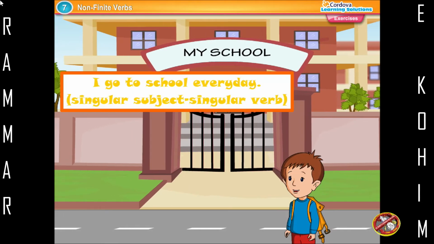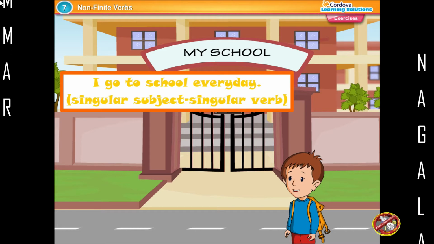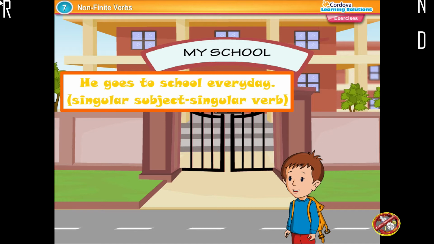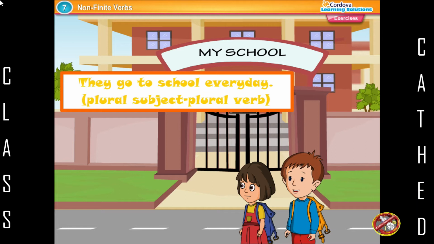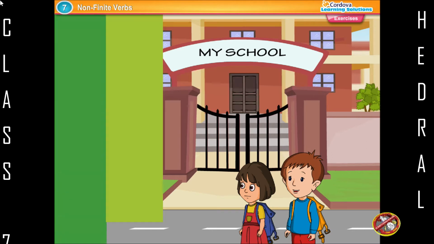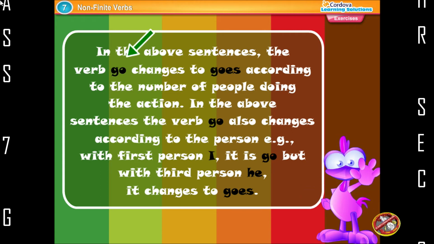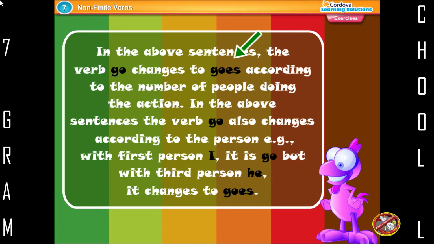I go to school every day. Singular subject, singular verb. He goes to school every day. Singular subject, singular verb. They go to school every day. Plural subject, plural verb. In the above sentences, the verb go changes to goes, according to the number of people